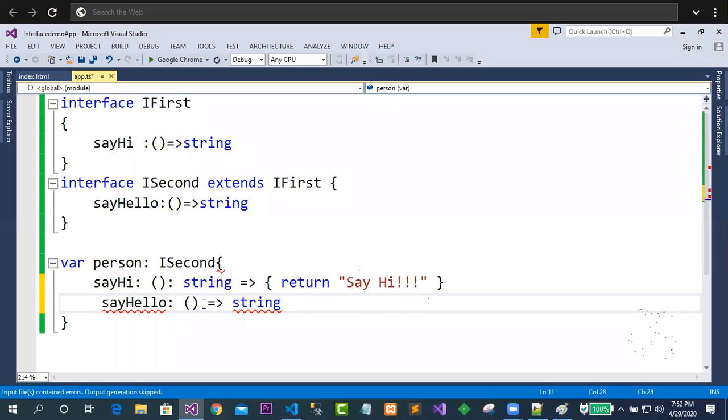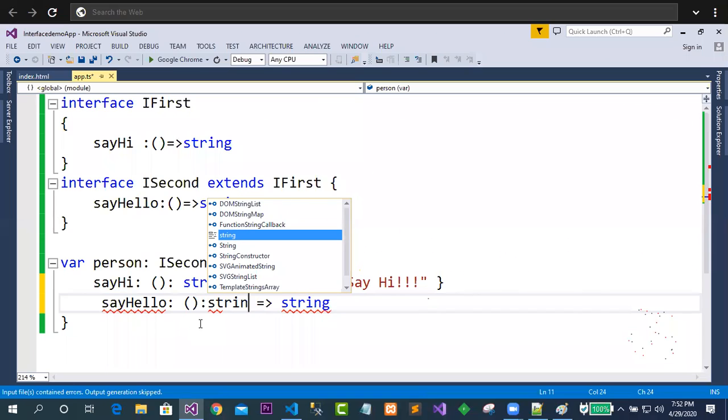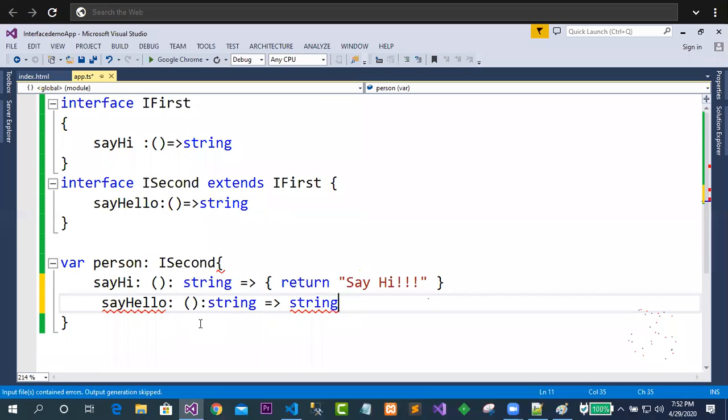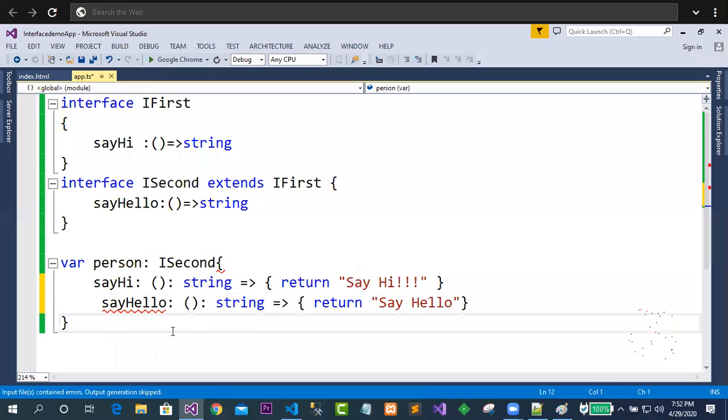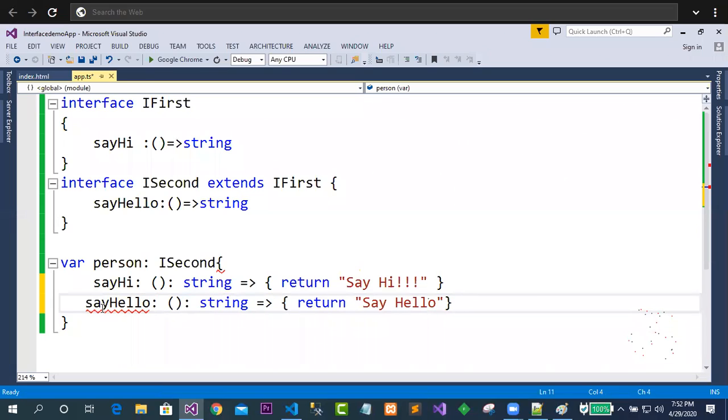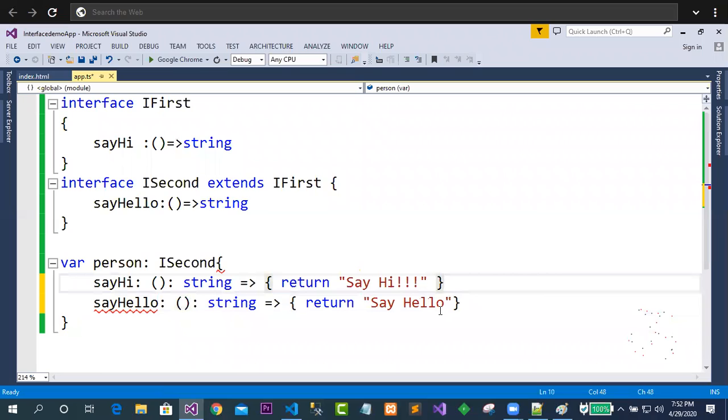In this case, let me decorate the things here. Let me give the return type as string. Okay, this is string, and in this case let me give this one. This is what as a return, say hello. Clear up to this? And I have given this one. So why is this showing the error? Now it is telling a problem. What is the problem here? Let me give a comma to it. So will it show any error, guys? Is that being possible?